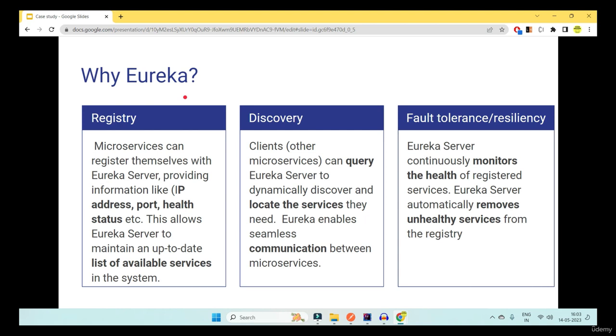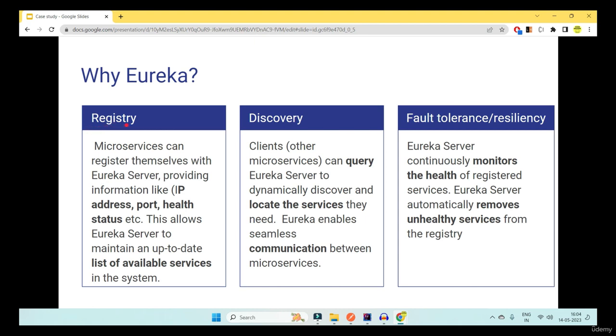Since you have a new IP address, a new location for your old microservice, you need to change all the URLs in your existing microservices that want to communicate with the crashed microservice which is now up, which is a big problem, right? Because if the IP addresses are dynamically assigned and keep changing now and then, you cannot just change your configuration files to change the URLs, and hence we are using Eureka Server as a registry and discovery pattern for our microservices to communicate with each other without having to update any of the URLs, IP addresses or ports whenever your instances go up or down.